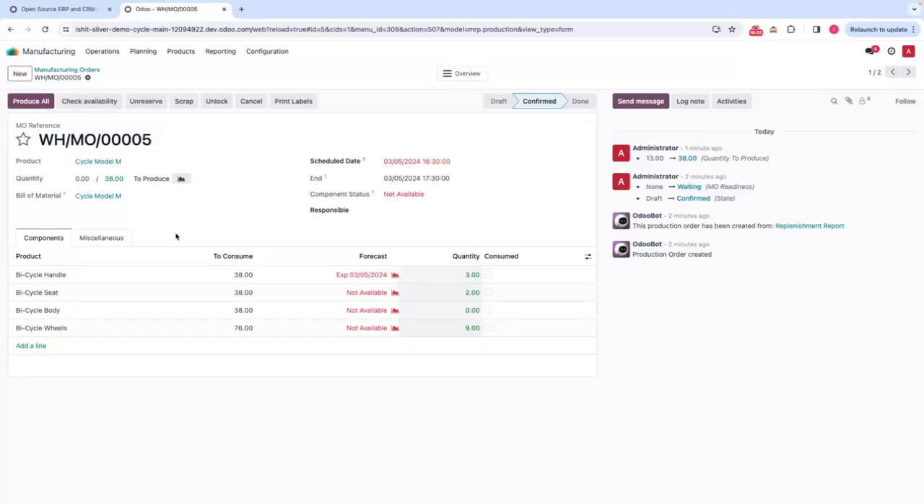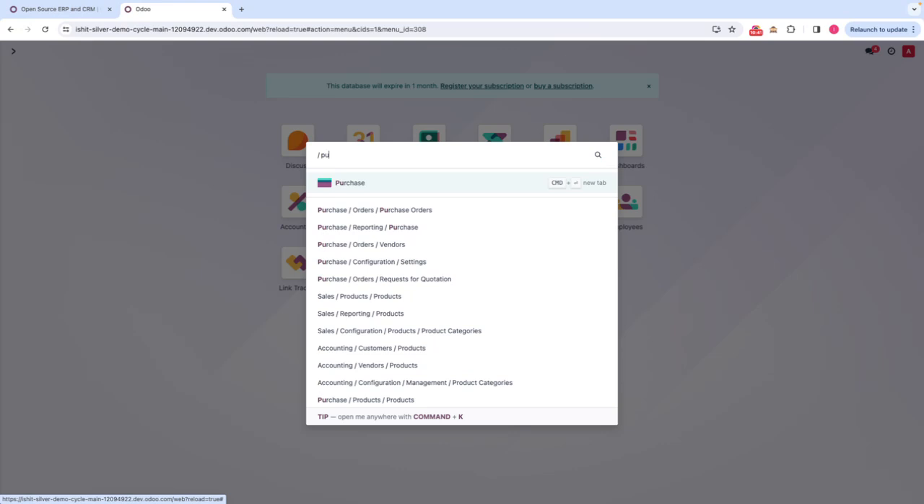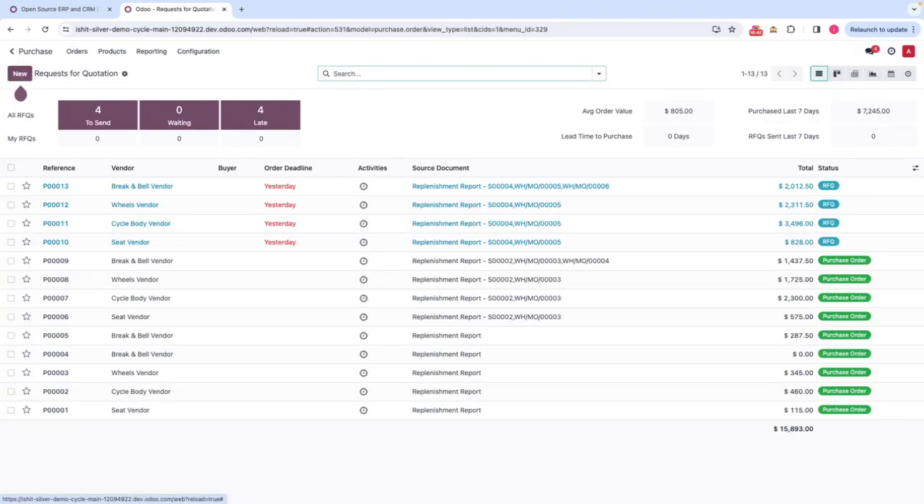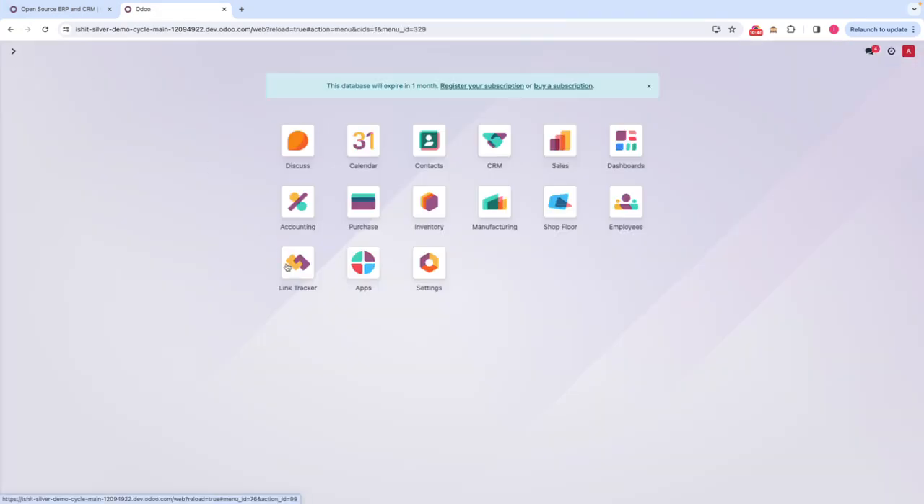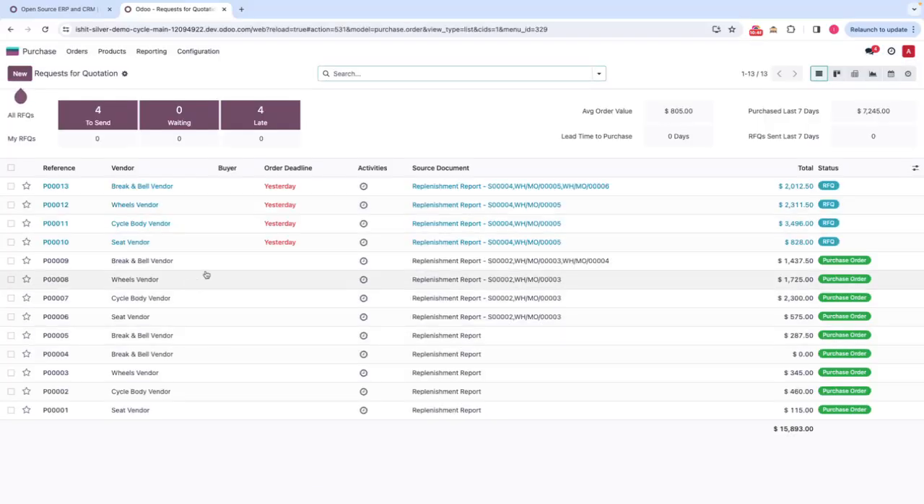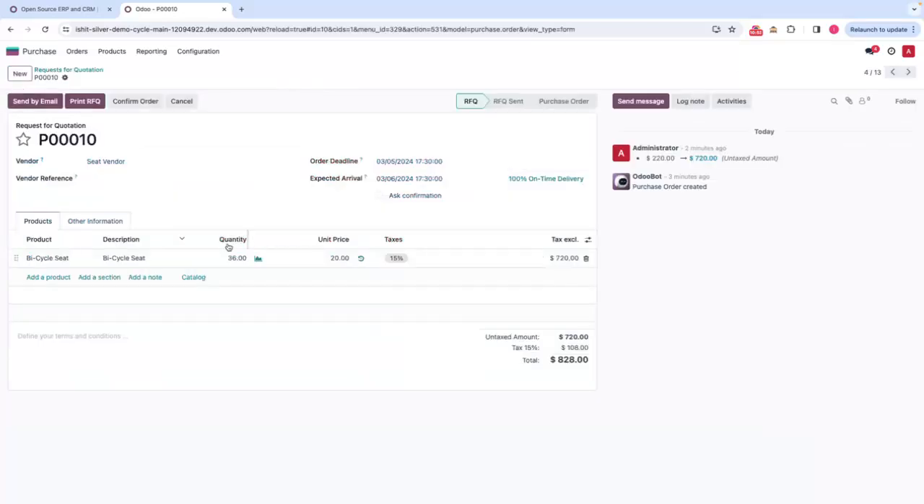Now here you can see that I do not have enough raw material also. I had a few raw materials, like a few seats and a few handles, in stock, but not all of it was there. So based on that, the system automatically evaluated and created a notification for the purchase department. And you can see I am moving towards the purchase department, and it created a few requests for quotations to manufacture the cycle. So based on the requirement, whatever the missing quantity was, it showed that 36 bicycle seats need